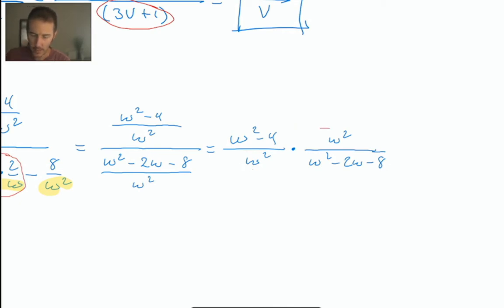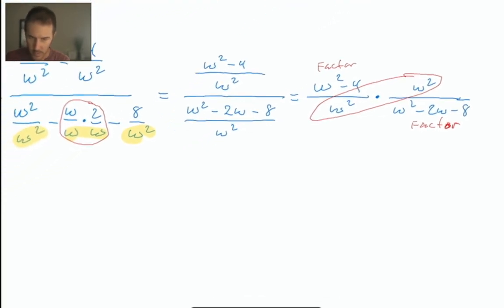Initially, I see that I can let these go. So I am going to reduce or cancel those out. The other thing that I'm going to do is factor this numerator, and I'm going to factor that denominator. So the w squareds are already gone. I think I'll move down here a little bit. This shouldn't take us too much longer, maybe a couple more steps. Equals